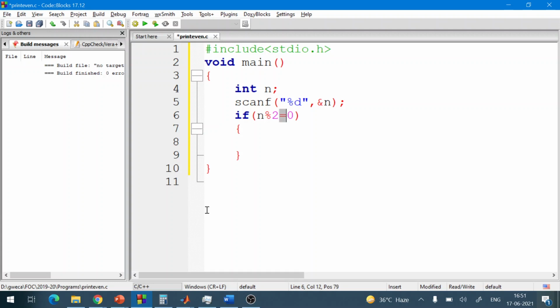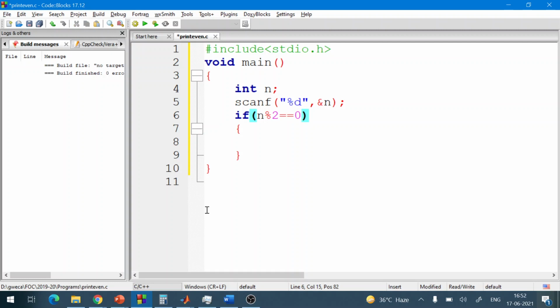Because this is the assignment operator, and we don't want to assign this 0 to the left side. Instead we are using the comparison operator, because we want to compare whether the result of this modulus operator is equal to 0 or not.